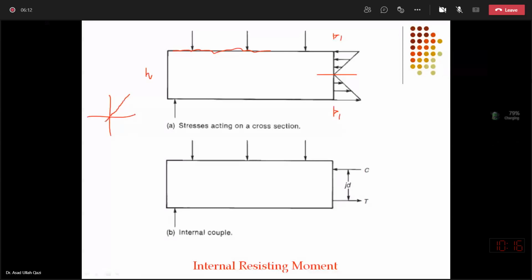And if I draw the strain diagram it is also linear, and so is the stress diagram, because in tension and compression, if this quadrant indicates strain versus stress in tension and the third quadrant indicates strain and stress in compression,